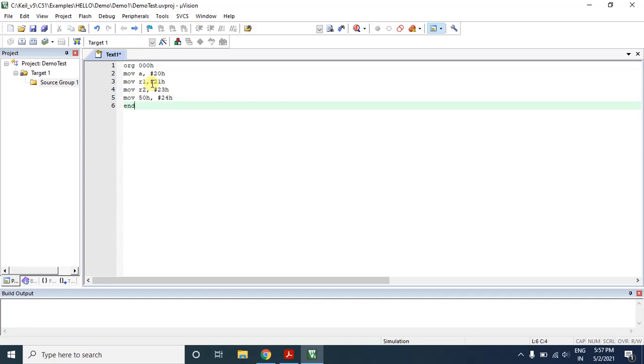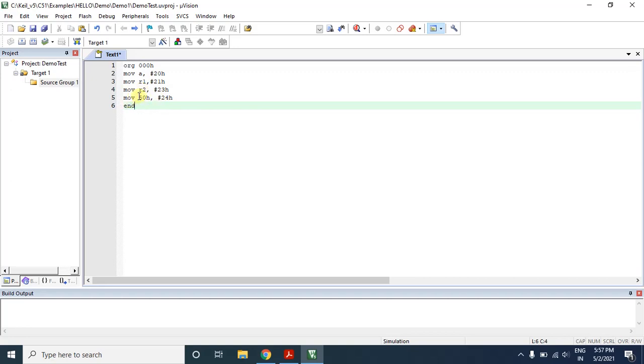I'll end this program. It is a simple program. So what is this MOV instruction? It just copies the data, the actual value, to the operand. It will copy the value 20 into accumulator A, likewise 21 into register R1, and 23 into register R2. This is the immediate value that should be copied to R2. That is what the MOV instruction does.